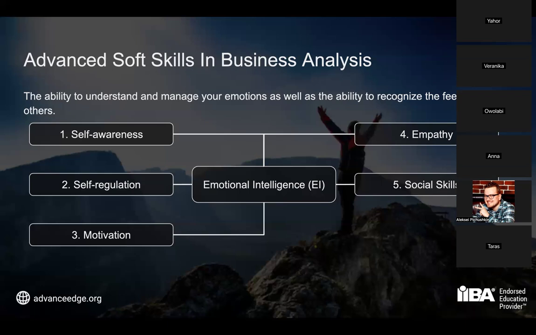Then empathy. Empathy is about being able to understand and recognize the feelings of others and being able to work with those feelings. Think about emotional intelligence as an onion diagram, right? There is a type of diagram called the onion diagram, and this is typically applied for stakeholder analysis, right? Who are our core stakeholders, key stakeholders, who is the next level of stakeholders, and so on and so forth. And emotional intelligence is basically developed by you using the same approach.